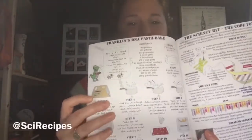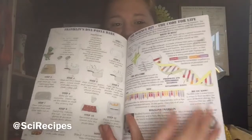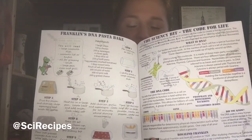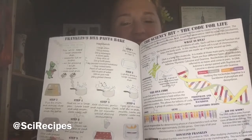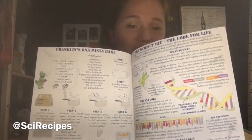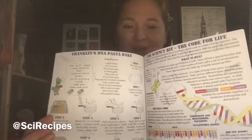So here we go, this is the step-by-step illustrated guide, and here is the sciencey bit, and this one's called Franklin's DNA Pasta Bake. And the ingredients in the pasta bake begin with the same letters as the 4 amino acids that you find in DNA. So I published that last November. It's for sale on Amazon as well, globally, but I can also buy author copies and then go to markets and sell